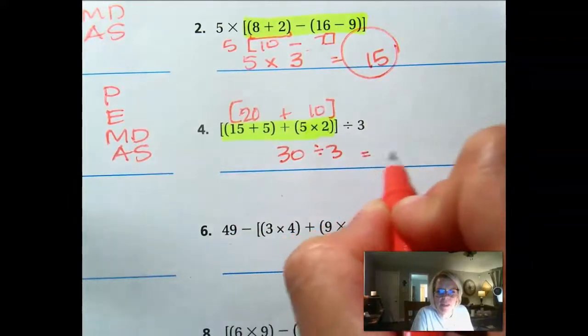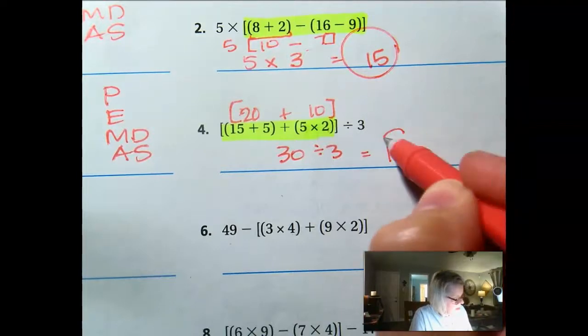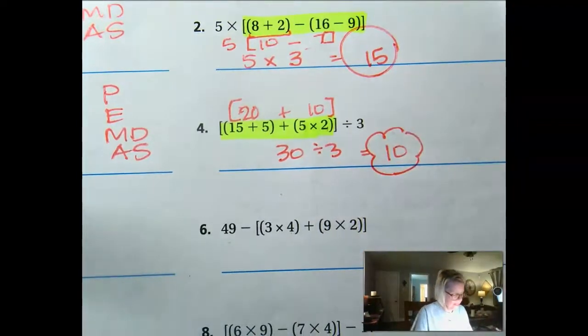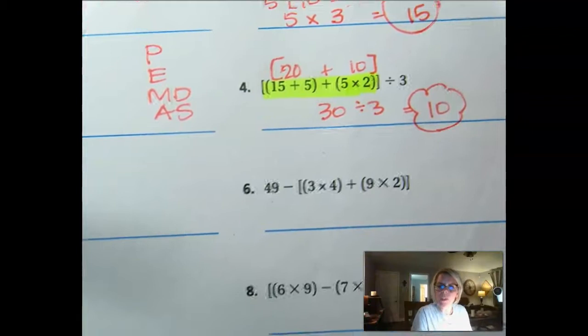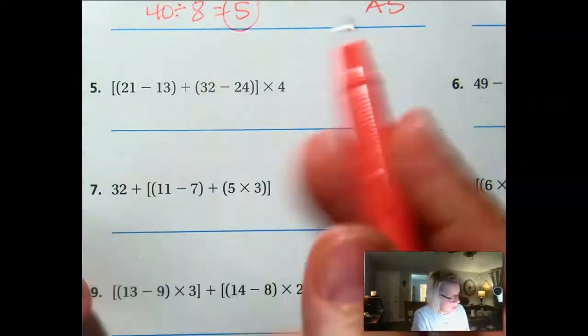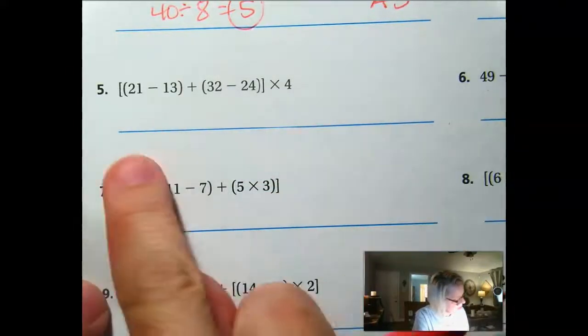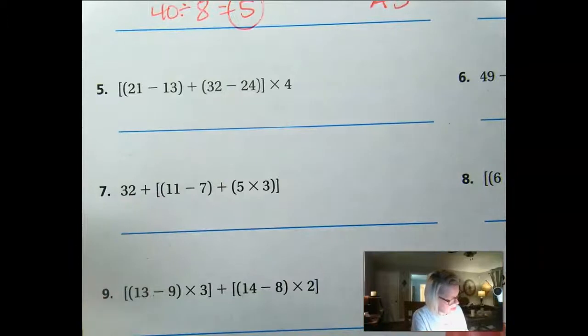And we all know 30 divided by 3 is 10. So 10 should be the answer. All right, let's just do 2 more and then we're done. We don't need it. I just really want y'all to be able to solve these. All right, so you have, see now these, they're all different. It really just depends on the scenario, what you have